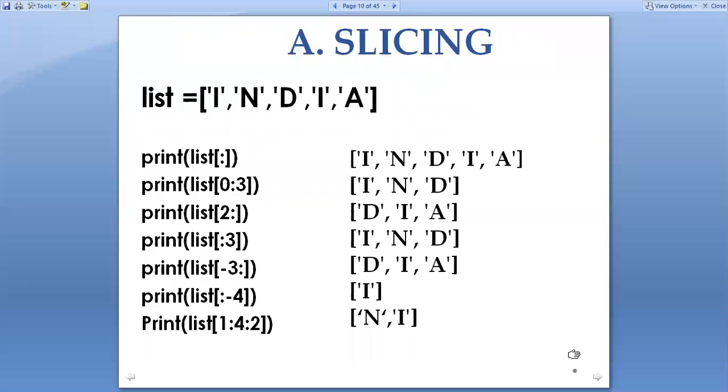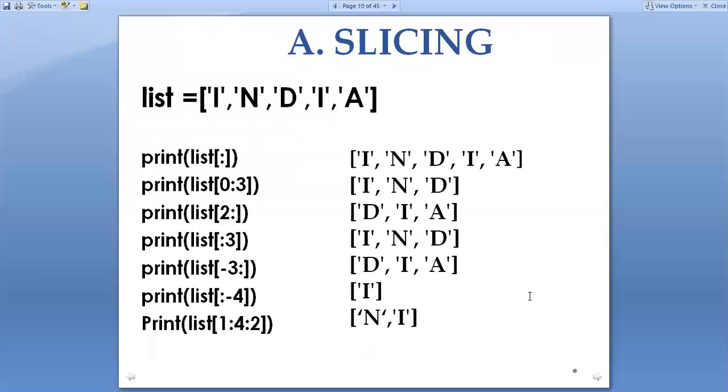See here, slicing. List is a variable name, equal is the assignment operator, and INDIA is enclosed in single quotation marks and separated with commas. Each and every character from India is separated by comma and enclosed in single quotation.